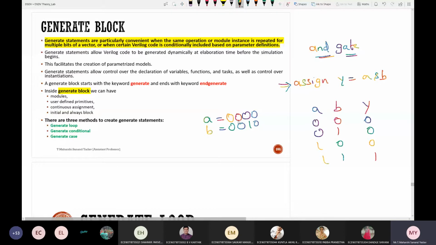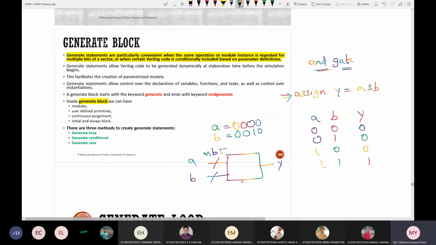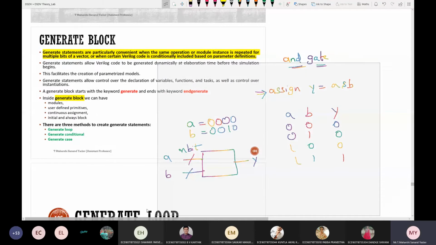I want to perform the AND operation using a and b, whereas a is of size 4 bit, b is of size 4 bit. This is called multi-bit. It should be represented like this. Two inputs are a and b. Output is nothing but y. So if it is multi-bit, you should represent it by a slash like this. This is of size multi-bit. It can be n bit. So if you want to take any value, you can take, and it can be 4, 5, 6, and so on. So in order to do this kind of thing, you can use generate block.